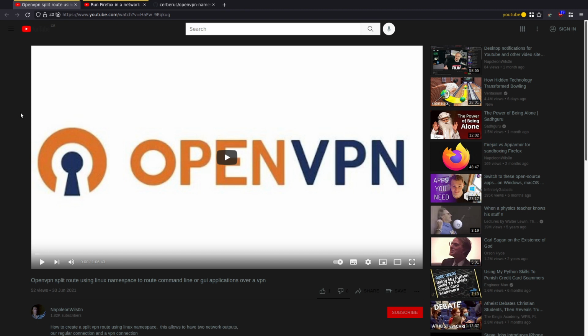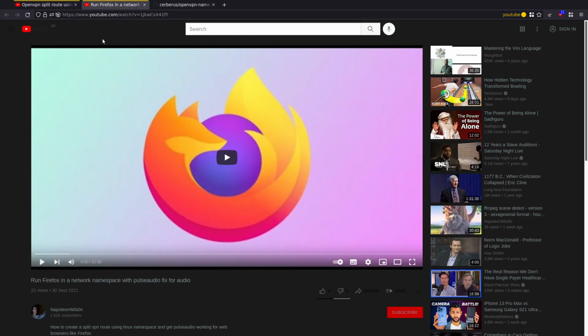What a split route is, we can have two network connections, our regular connection and our VPN, and we can use a script to send individual applications over the VPN, like our browser and our torrent client. So in these previous videos I showed you how to set this up and how to run Firefox in a separate network namespace with pulseaudio working. Now what I'm going to do is show you how we can run the Chromium Snap version in a separate